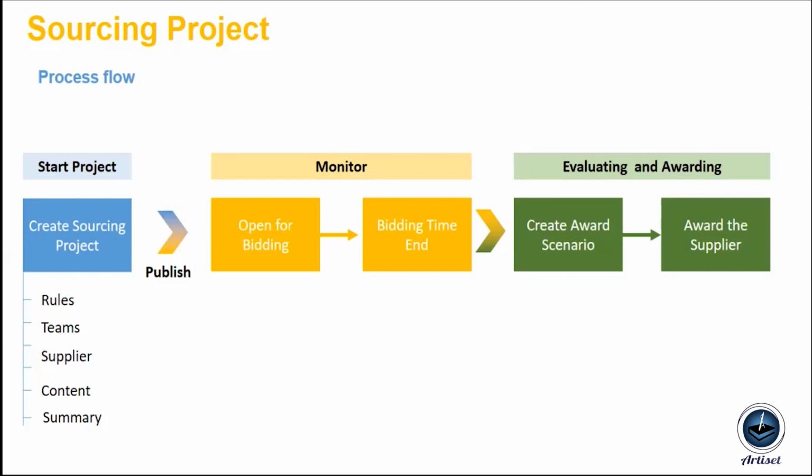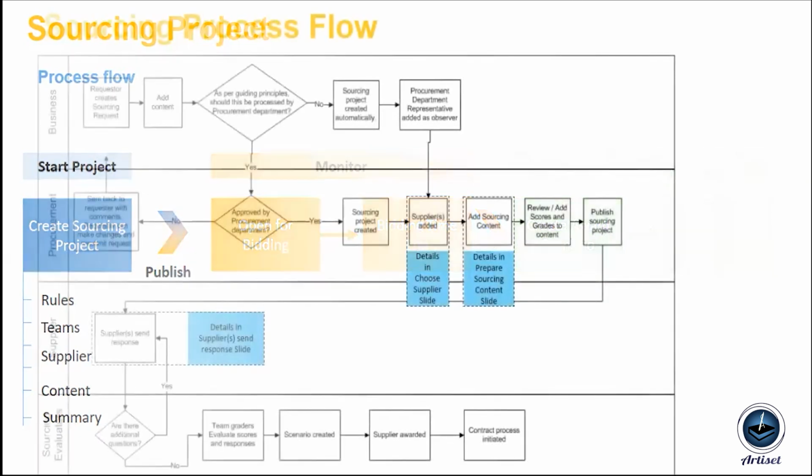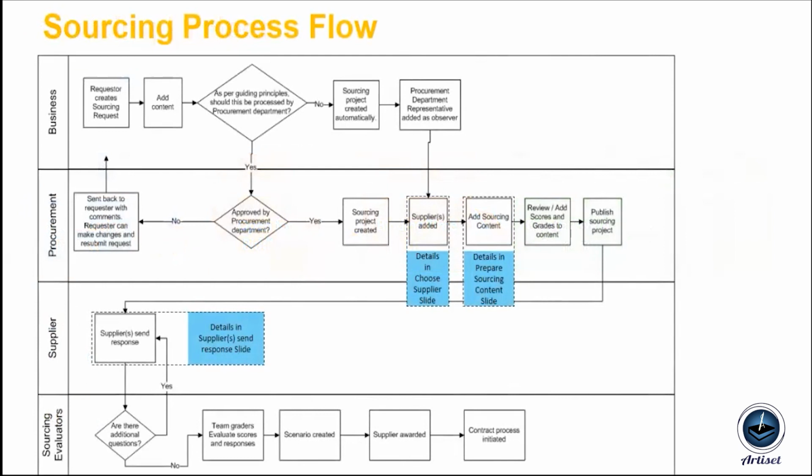After that, we award those suppliers and we move ahead with the contract or PR as per the business requirement. Talking about the big process flow, which we have just discussed, the business will raise the sourcing request. They will add the content they want their suppliers to see, and as per the guiding principle, which I'm saying is the golden rules of the company,